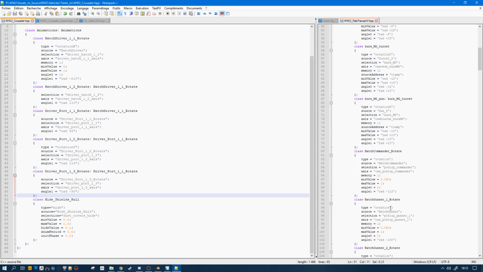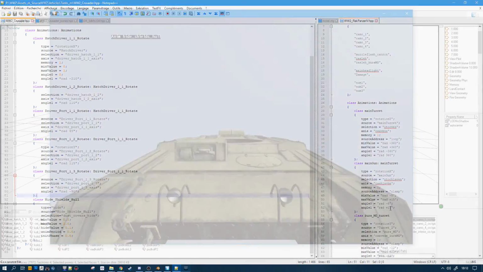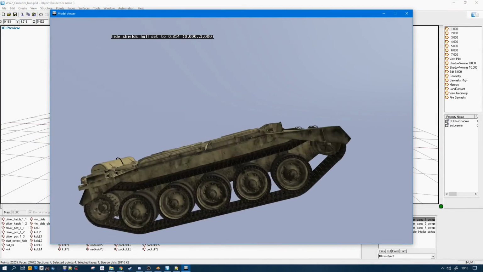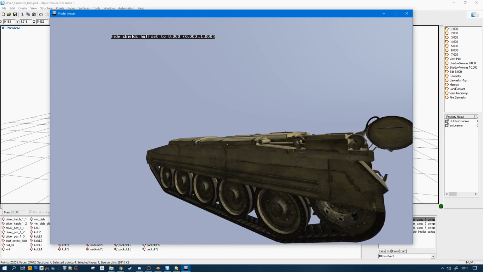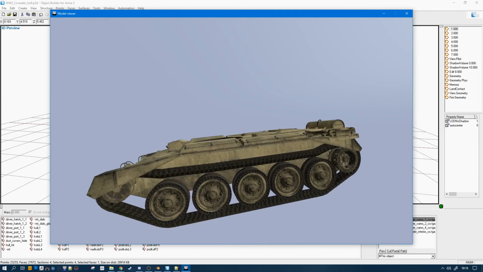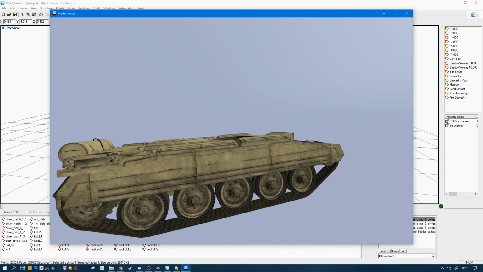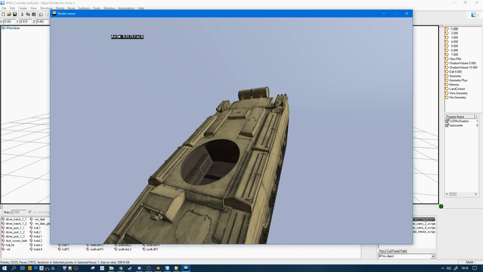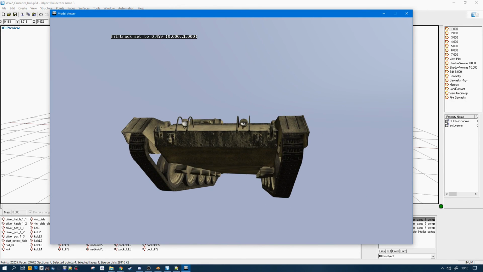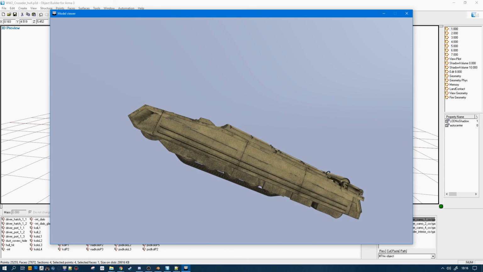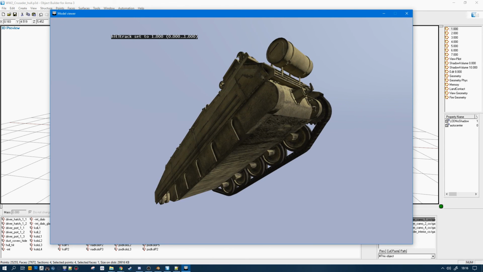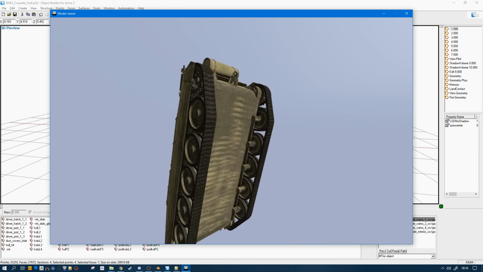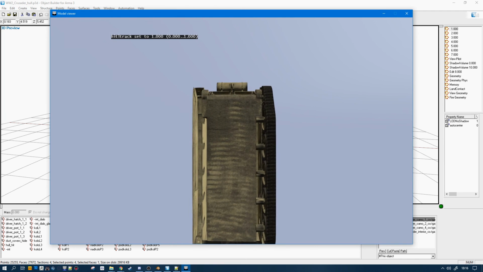Edge gunner rotate, we don't care. Okay, hide shield, no, it's going to hide those. The track is going, you see, it hides the track itself.